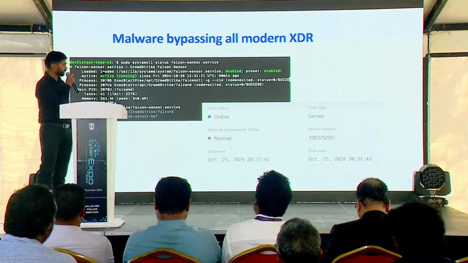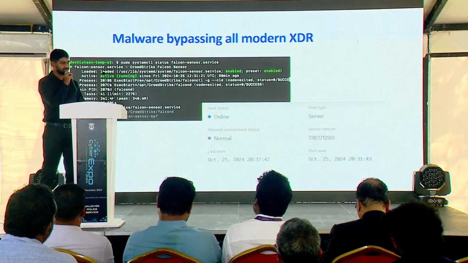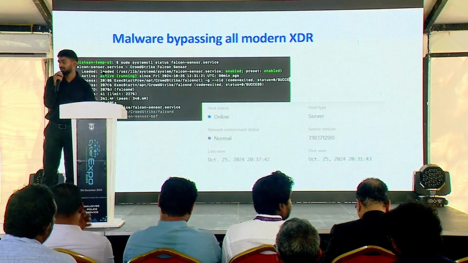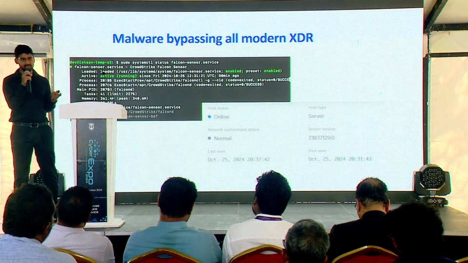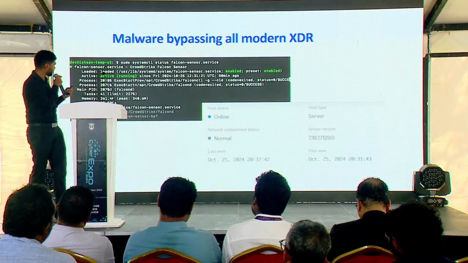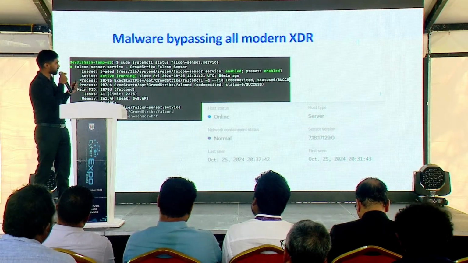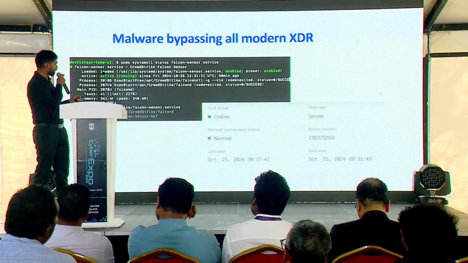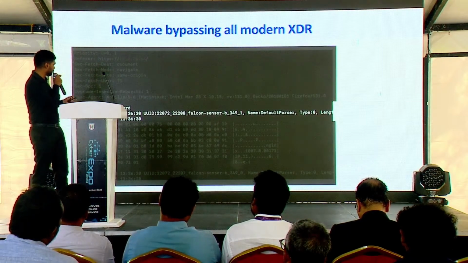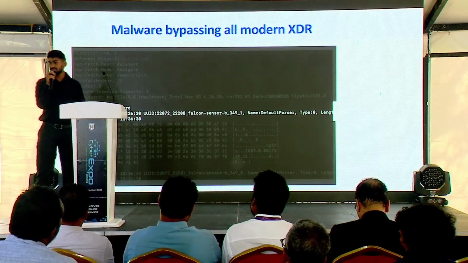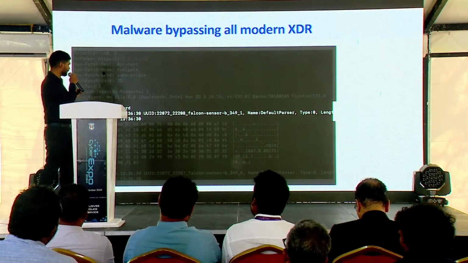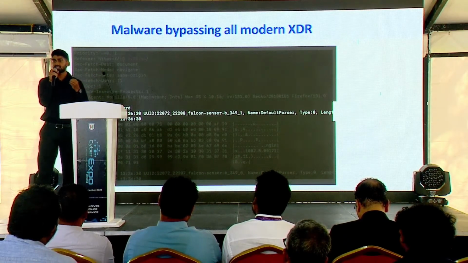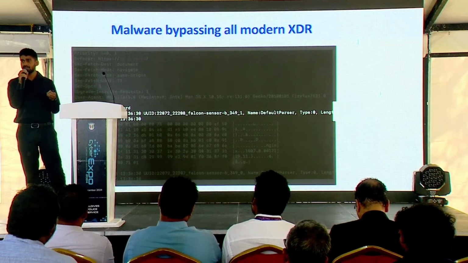So you could see here, this is CrowdStrike with all the security. We have tested similarly on Palo, XDR, CrowdStrike, and multiple other platforms as well, Defender as well. You could see the sensor is running, but when we run our malware at kernel level, this is for a web server, so when there is traffic passing in, you could extract the HTTPS traffic on the fly.